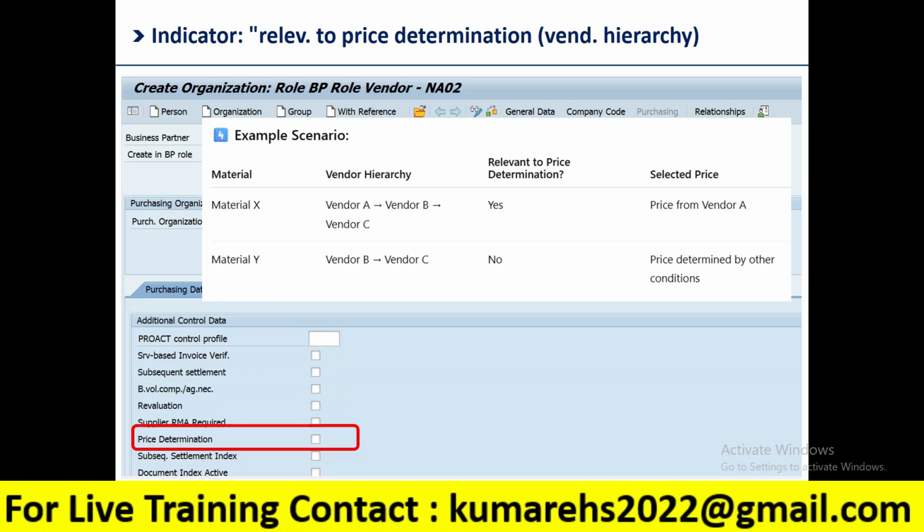The usage: field locations, purchasing info record, control data / vendor tab, price determination indicator. If the indicator is checked, SAP considers the vendor hierarchy during PO creation. It supports the conditions technique for pricing, discounts and surcharges. The important tip: always maintain a clear vendor hierarchy for materials with multiple suppliers to avoid incorrect price selections. This is especially useful for large organizations or centralized purchasing where multiple vendors supply the same material at different